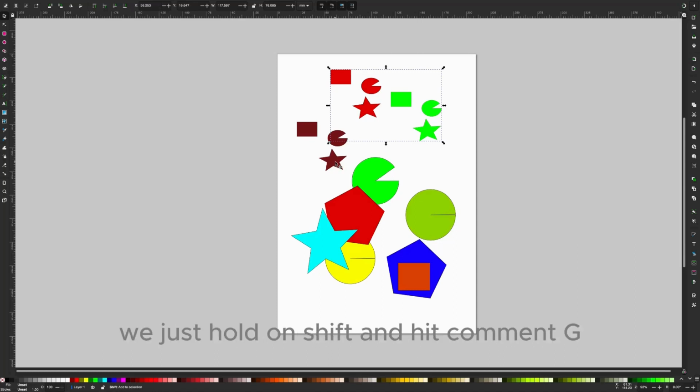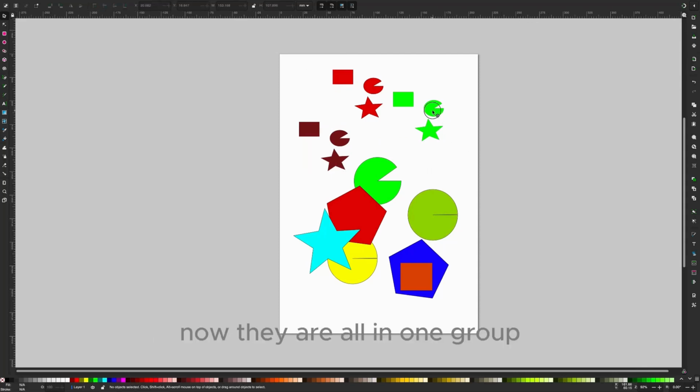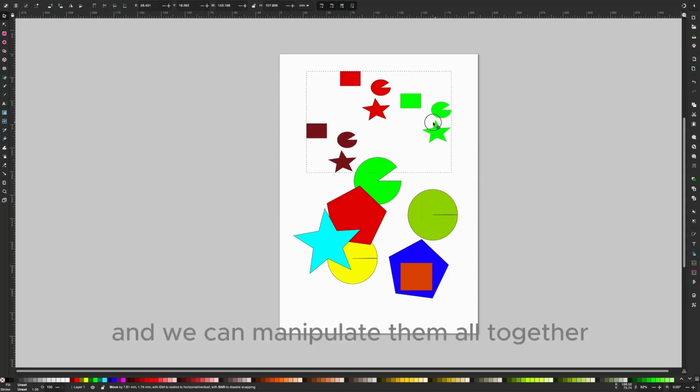We just hold down Shift and hit Command G. Now they are all in one group,